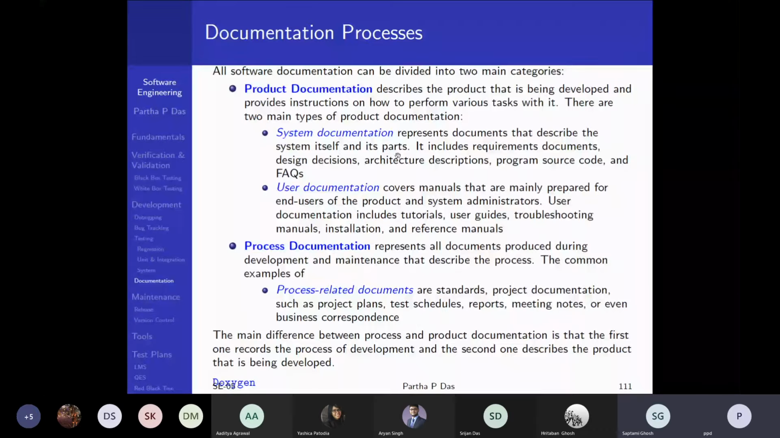Yes, sir. Okay. So, under development, we have discussed a number of very important processes: process for debugging, bug tracking, and varied types of testing. The last process in this that we will